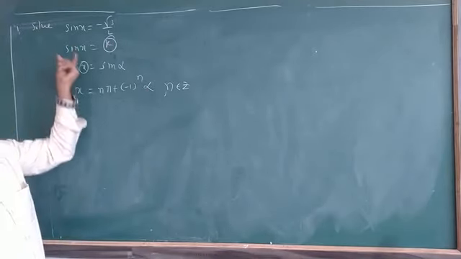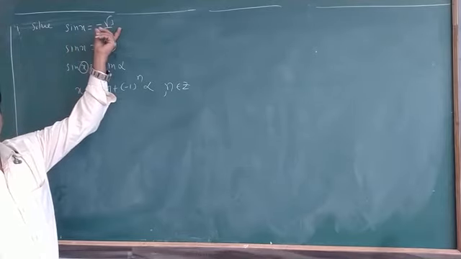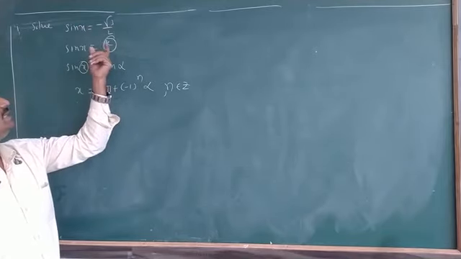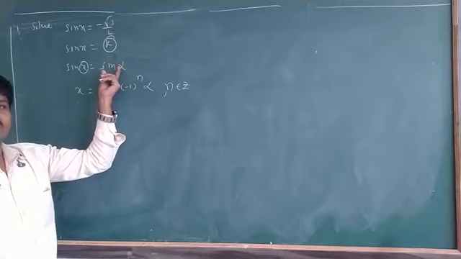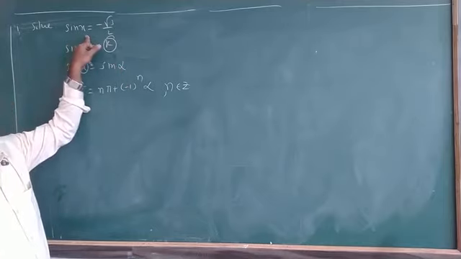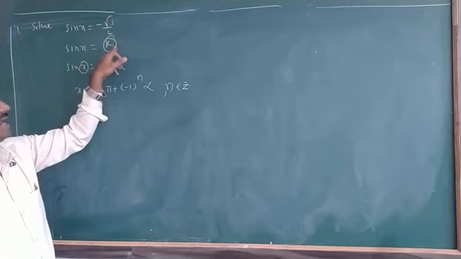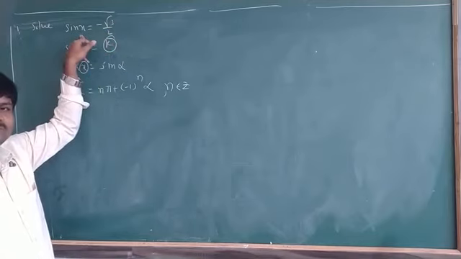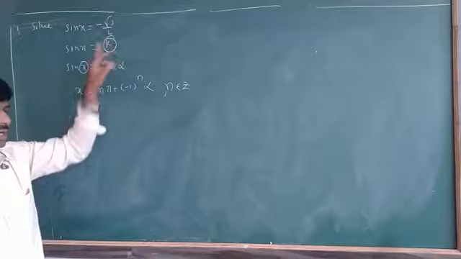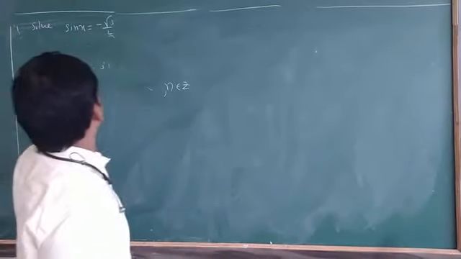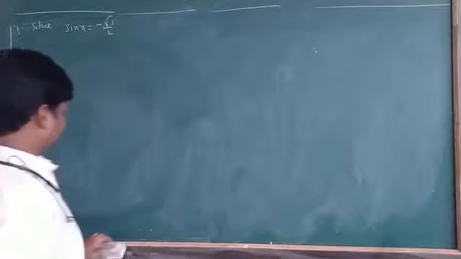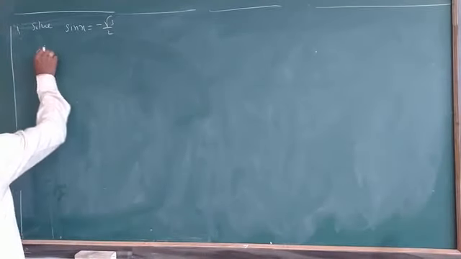Always, if sin x is equal to alpha, sin x is equal to some constant k. This constant k you have to write in terms of alpha, in terms of sin. Suppose it is cos, you have to write this k value in terms of cos. If it is tan, in terms of tan you have to write. Just observe here how we have to solve this equation. See clearly.